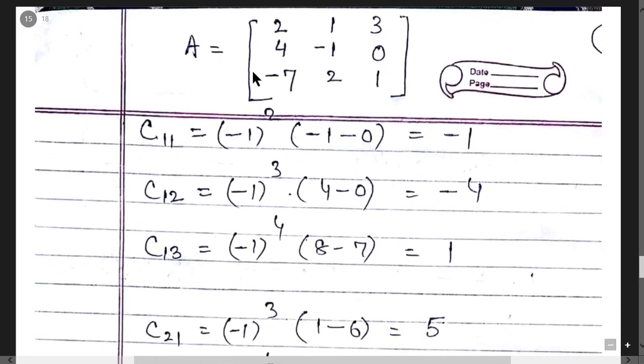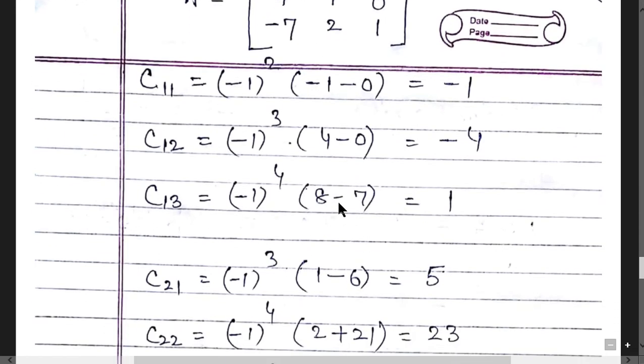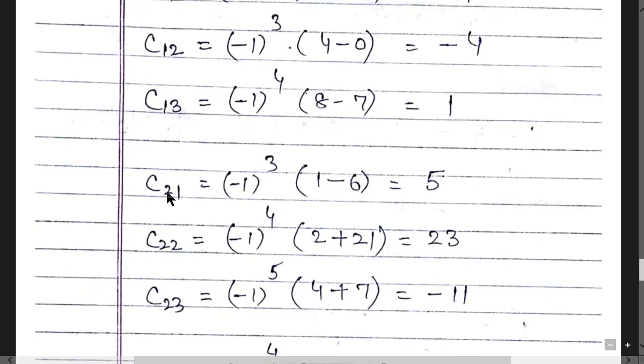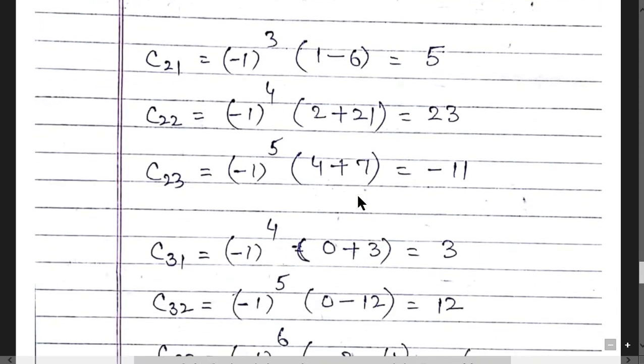Then calculate the value of cofactors. For 2, it's minus 1 minus 0. Similarly, for 1, it's 4 minus 0. For 3, it's 8 minus 7. Similarly, you can calculate other values. Just eliminate the second row and first column, and write all the other values. You can calculate cofactors,